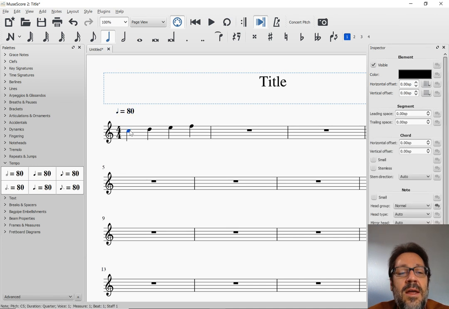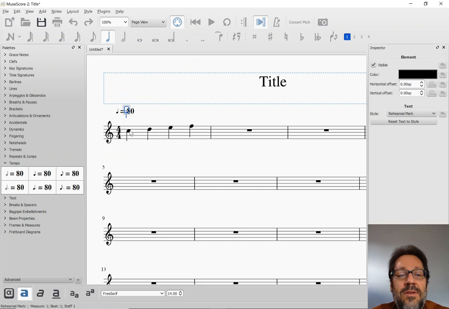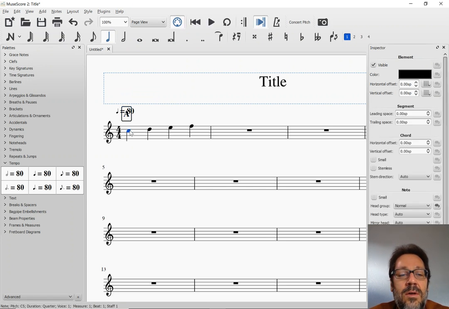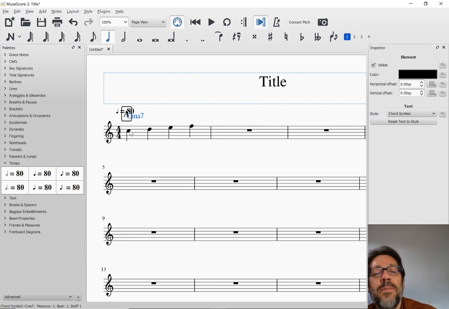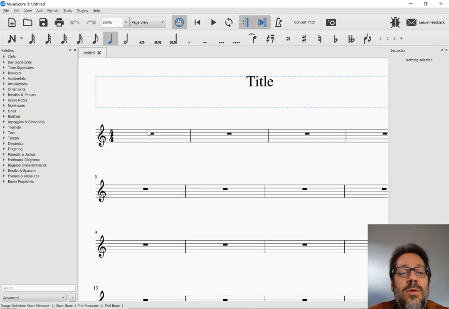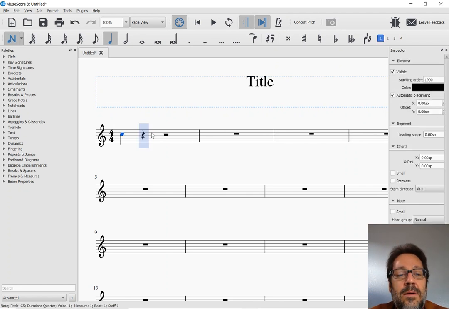And now let's say I want to add a rehearsal letter, and say that this is letter A. Oh no! And then I want to enter a chord symbol and say that this is a C major 7 chord. Look at all that colliding there. Well, if I go to MuseScore 3 and try the same thing,